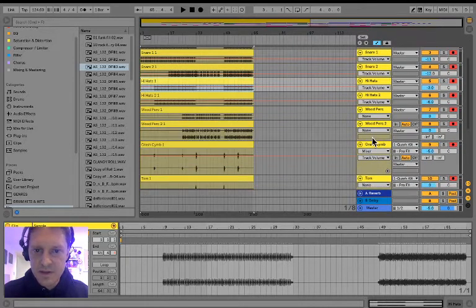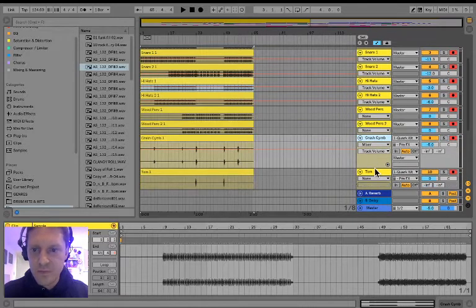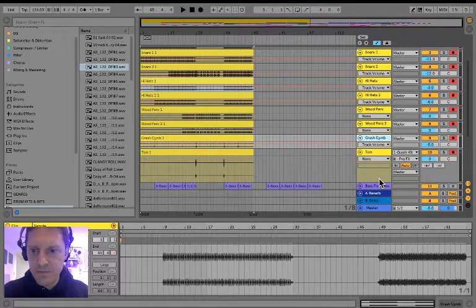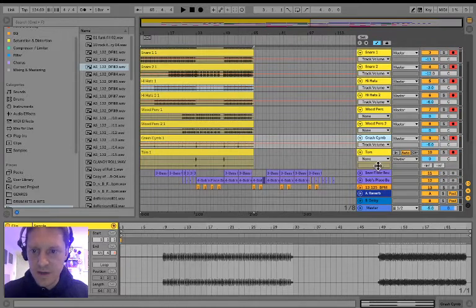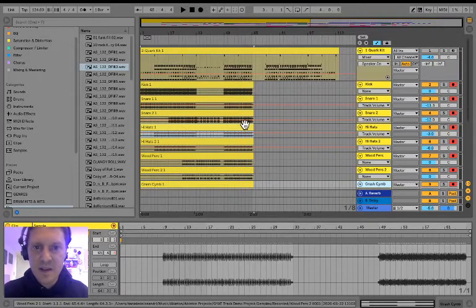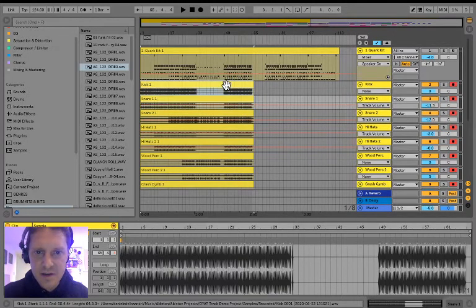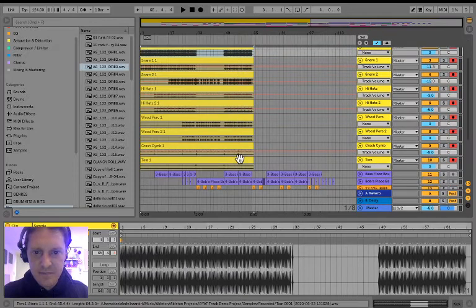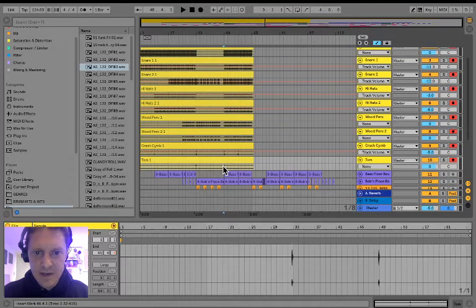So just quickly minimize these. One more. Come on. There we go. So at the moment it goes up to there, and then it repeats. This section repeats again. So I'm going to quickly highlight these, and then at this point here,